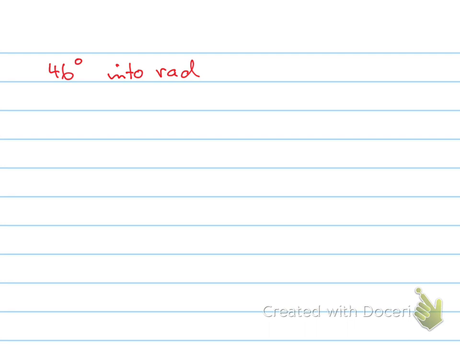Sometimes we have to convert our degrees into radian measure, and Pearson wants you to type it in as a decimal. So then we have to use a calculator. First of all, we take 46 times pi over 180 as our conversion rate, and then I use my calculator. I type in 46 times pi, which gives me 46 pi. Let's see what happens. Divided by 180 and the decimal, so 46 times pi equals, then divided by 180, I get